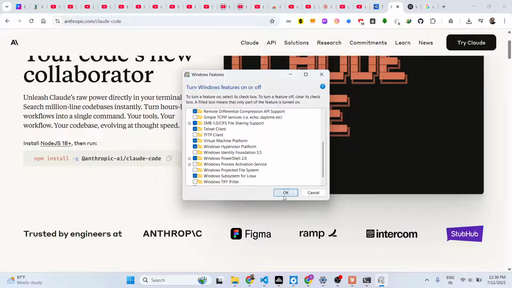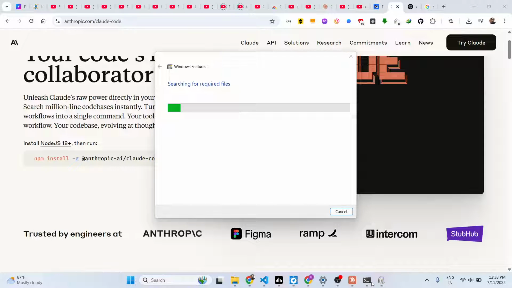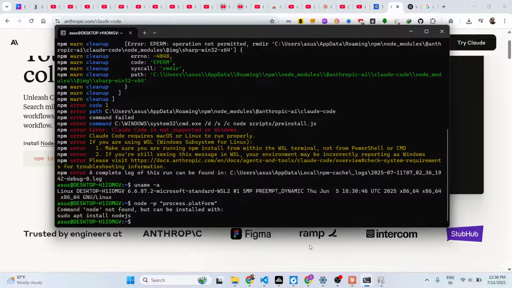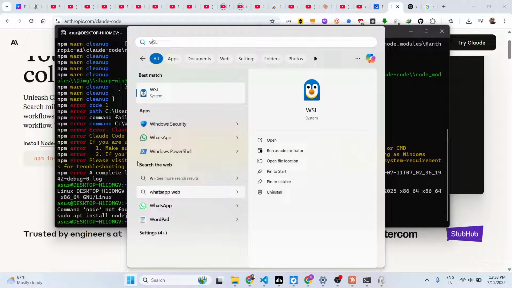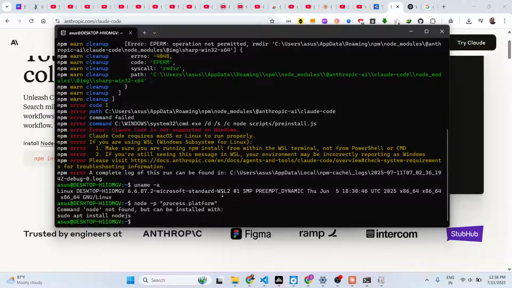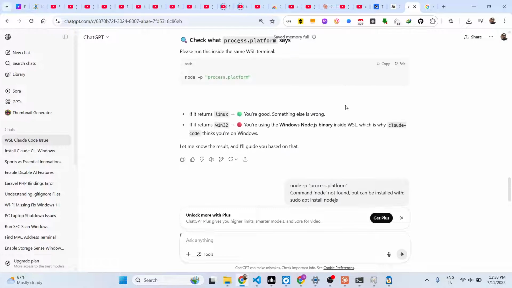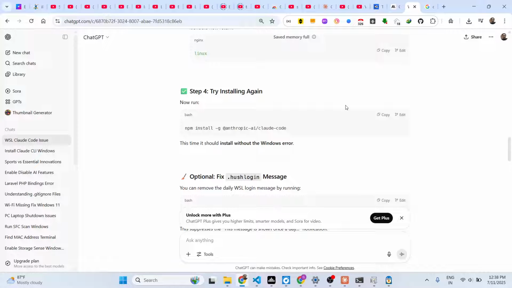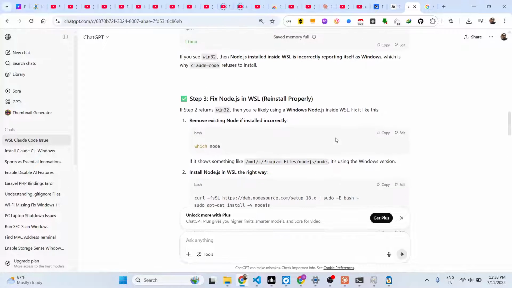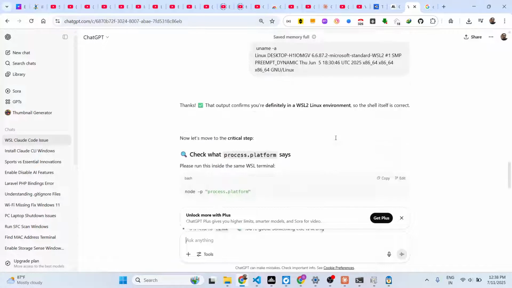And after that, now you can download Ubuntu or a Linux system inside your Windows machine. I have already installed WSL. So after installing it, you can run this as administrator. Now you will get this shell here. After that, just install any Ubuntu or Linux version, and after that you need to install